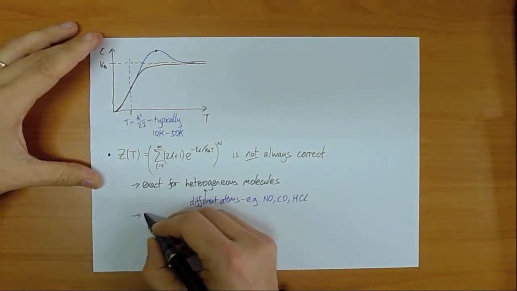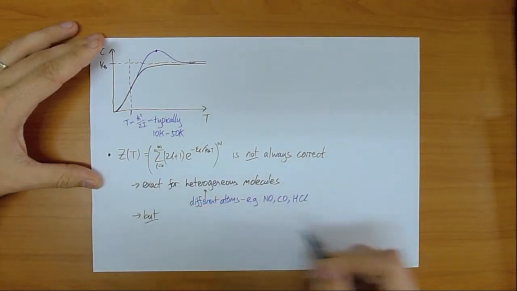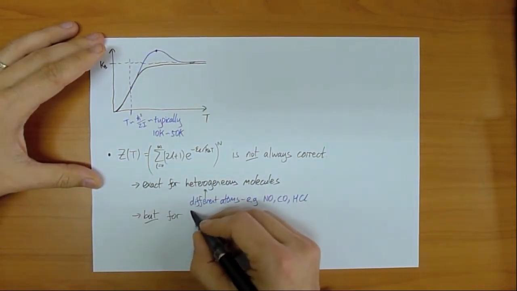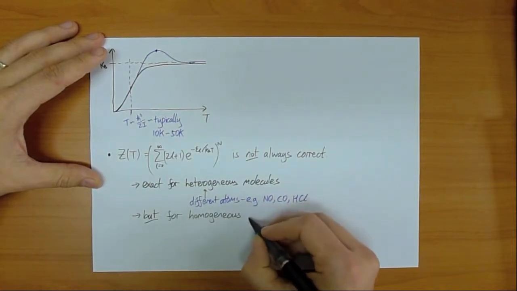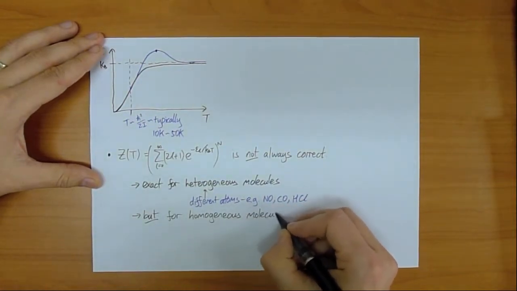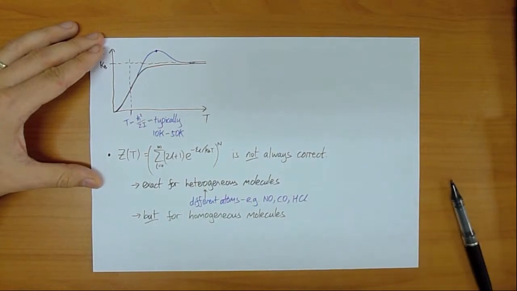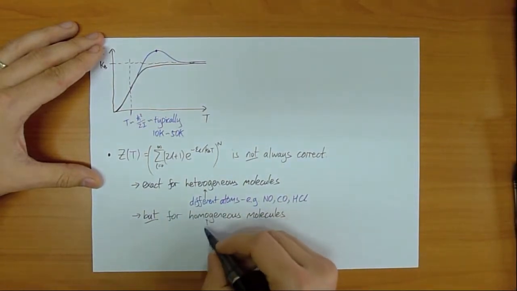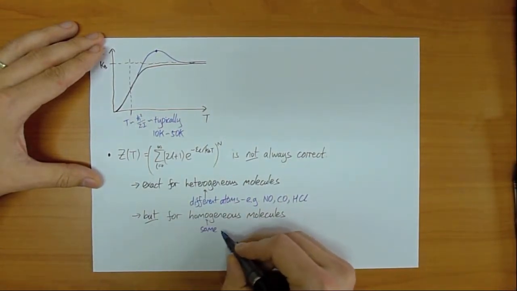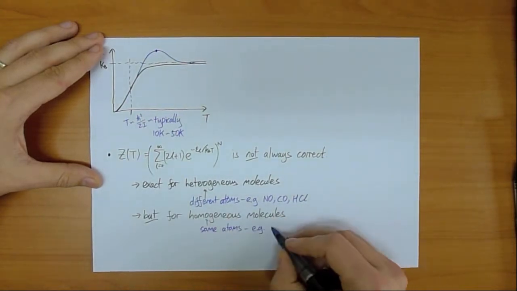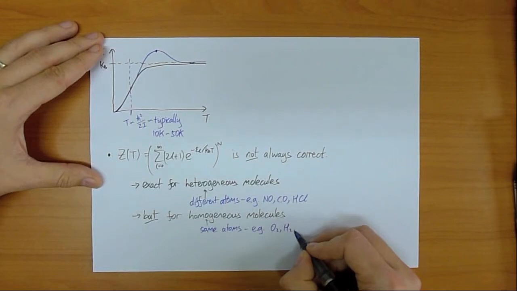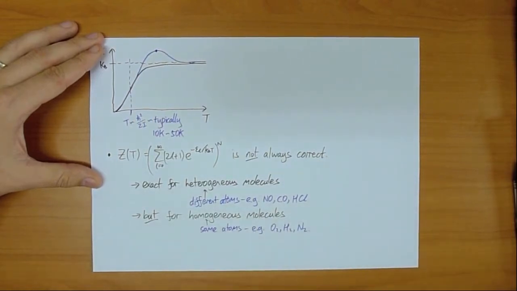So for homogeneous molecules, homogeneous meaning the same atom, or at least the same kind of atom, there are quite common ones: oxygen, hydrogen, nitrogen. For these molecules,